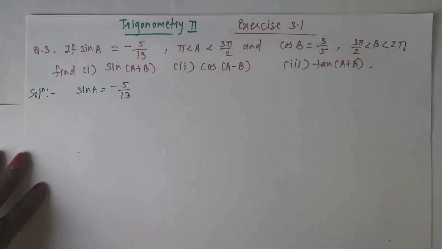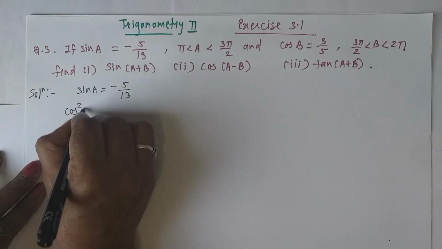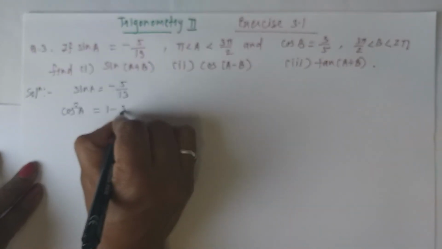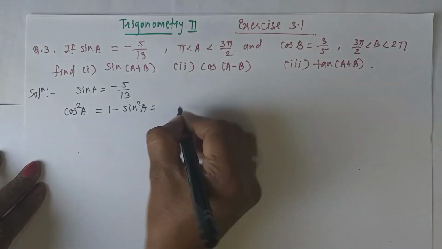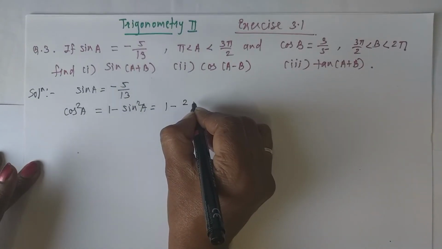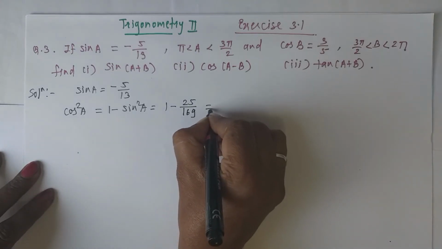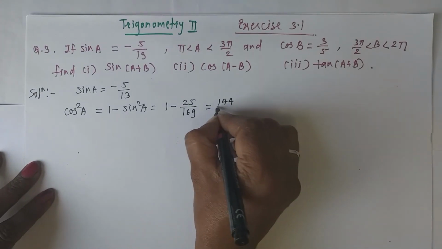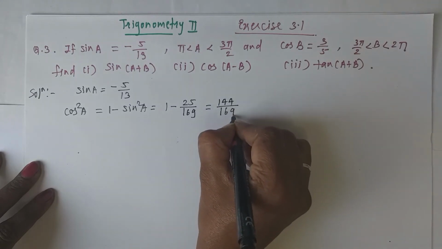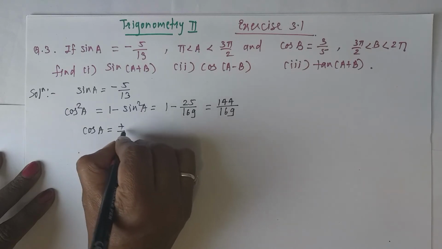Now see here, the value of sin A is given, and using our first identity we will find out the value of cos A. Cos square A means 1 minus sin square A. Now this will be 1 minus square of minus 5 by 13, that is 25 divided by 169, and after simplification this will be 144 divided by 169, and here we will get cos A is equal to plus minus